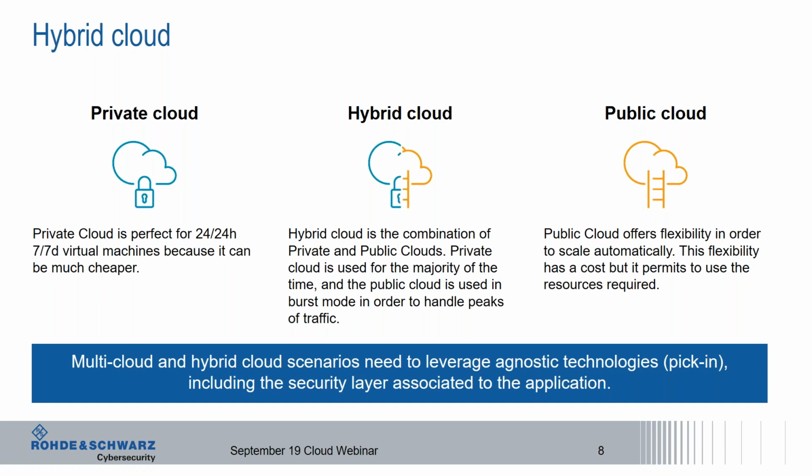That is what we are proposing, including the security layer associated with the application. And for multi-cloud, we have a lot of customers that want to deploy on both Azure and GCP. Not the same application, but for example, in a big group, some of your subsidiaries will choose AWS and some others Azure. So yeah, as a security team, you need to be able to provide tools that will benefit all of them, and not invest in each technology,